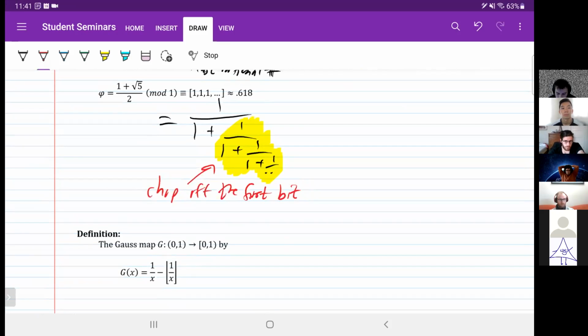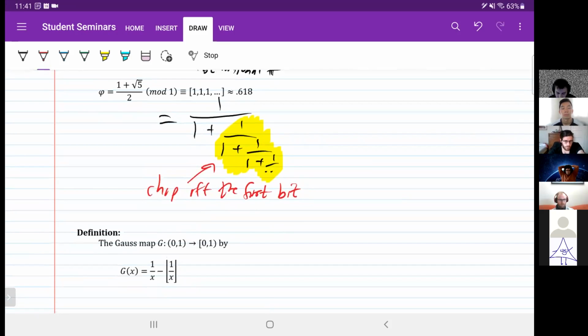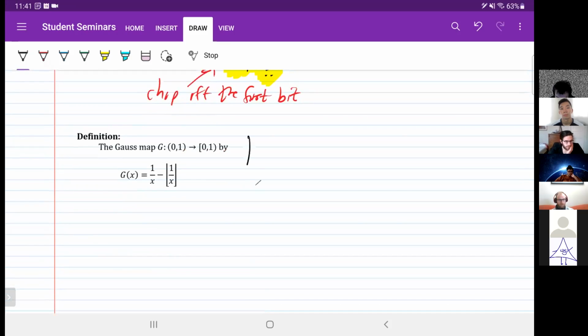There is a map that acts by chopping off the first element of continued fractions. You can tell that, so 1 over x, it acts on continued fractions by just removing the top numerator. And then that leaves me with the first entry in continued fractions as an integer plus the rest of the continued fraction. And I subtract off the integer part. So you can sketch this,